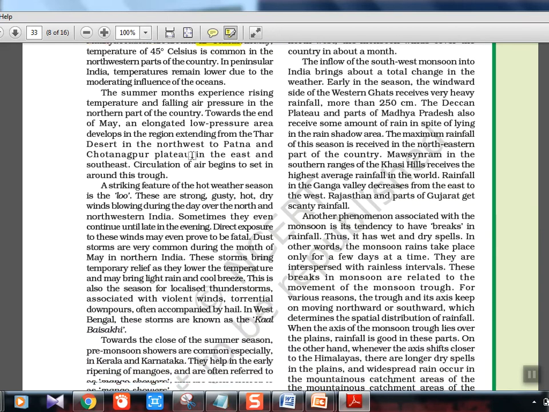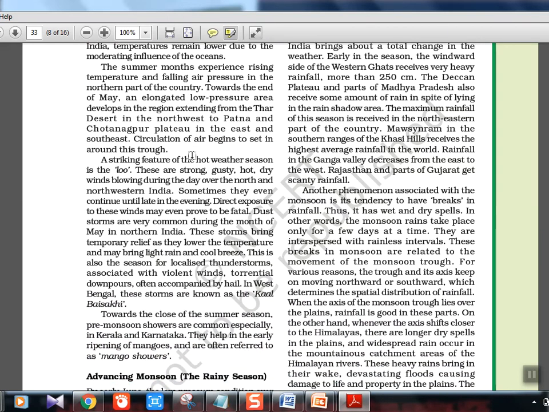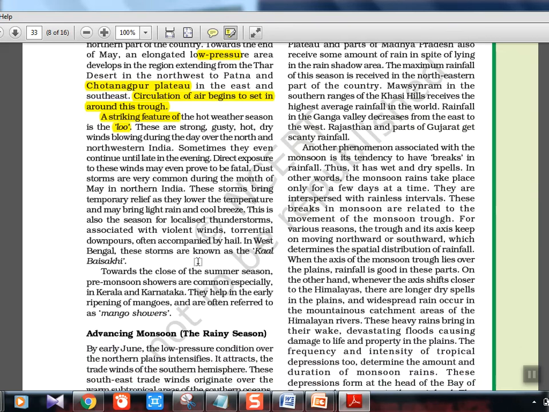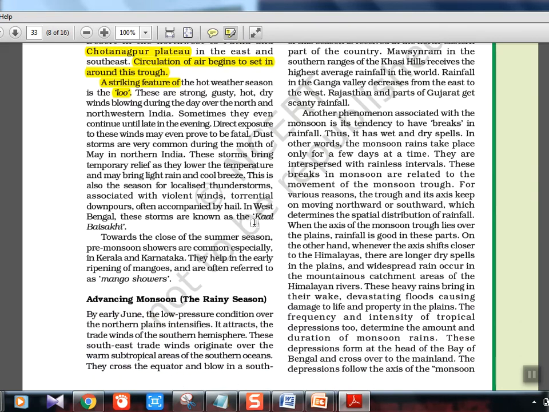Now again summer, you know, it will be a low pressure system, and a hot climate will be there. Just mentioning, we don't have to go into detail. Other than monsoon, no questions are asked, so we don't have to know. Lu, multiple times we have seen, is the hot wind passing in the dry summer season. Then Chinook, or some other name we have seen in some other chapter. Try to recall what Chinook is also. I think it's a warm wind which flows in the winter season. Okay, these are the different names.